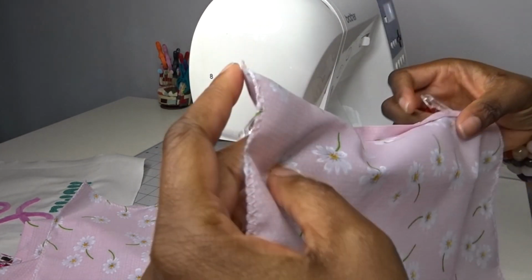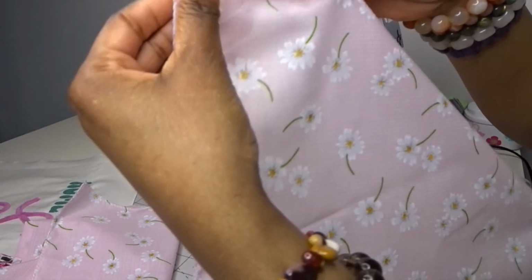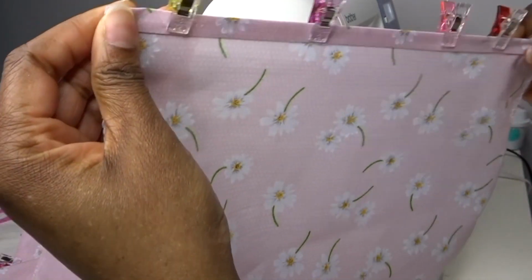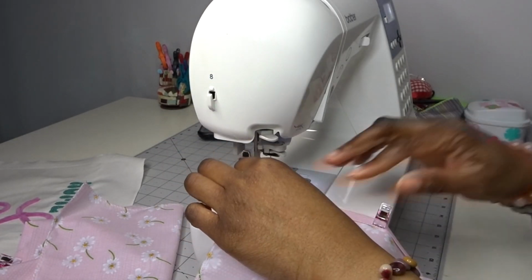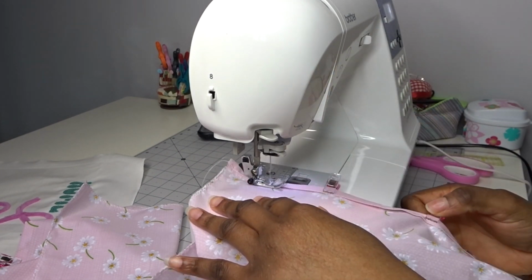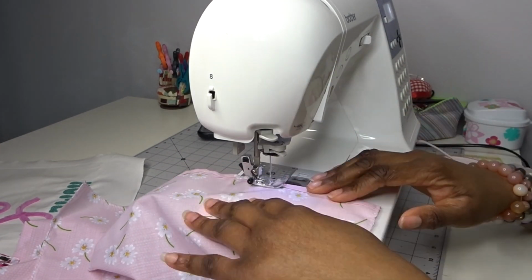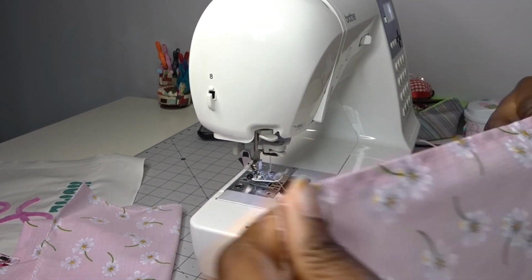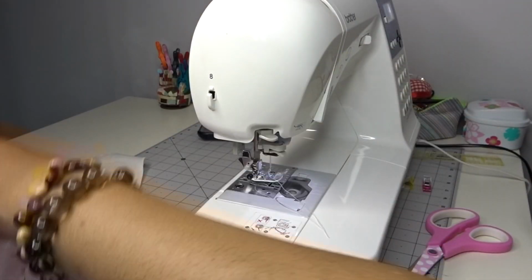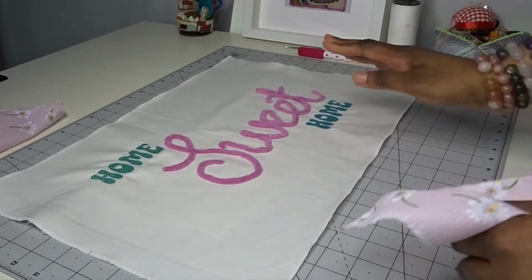So that's done. So now I am going to stitch this hem down so we have a neat edge. So I'm just going to get that done. Okay, so we have our hem done. I don't know if you could see that properly because of the lighting, but I'm gonna go ahead and also do this one. Okay, so I'm ready to